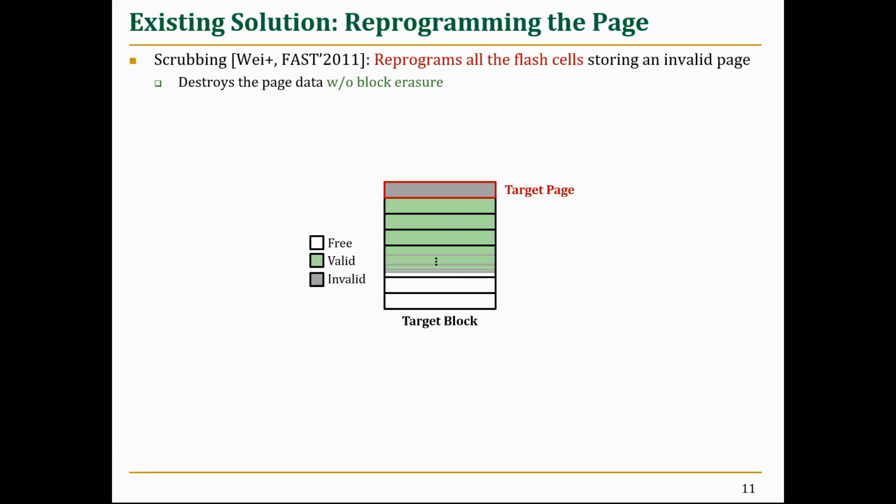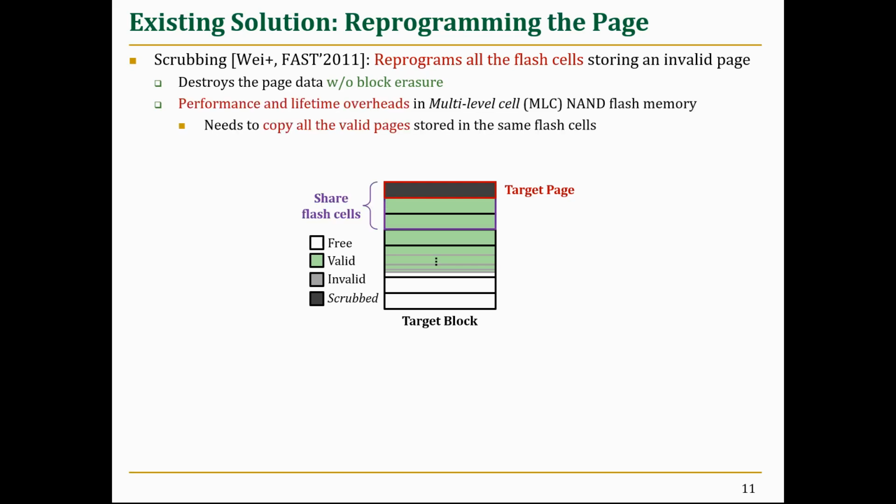To address this, prior work proposed scrubbing that reprograms all the cells stored in an invalid page to destroy the page contents without a block erasure. However, it also incurs performance and lifetime overheads in modern NAND flash memory that stores multiple pages in the same flash cells. As scrubbing destroys all the pages stored in the same cells, it needs to copy all the valid pages before performing scrubbing. Even if we can afford the copy overheads, cell-to-cell interference during scrubbing significantly affects the data